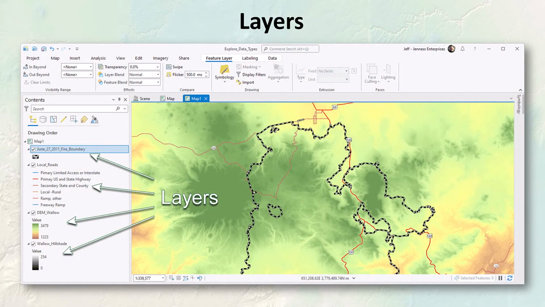Okay, the first of these special data types is just the layer. These are the things that you see when you load data into your map. So it's important to understand that the layer is not the data. The layer is just a set of instructions on where to find the data and how to draw it. A lot of instructions on how to draw it. You can set transparencies, symbology, you can set rules about which parts of the data to show. So understand that layers are not the data, they're sort of like the window through which we interact with